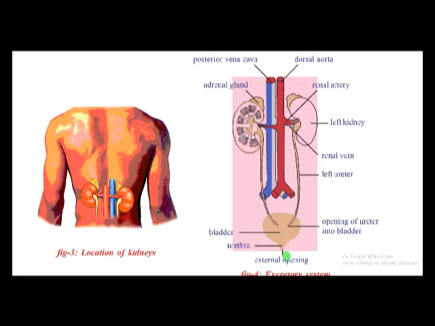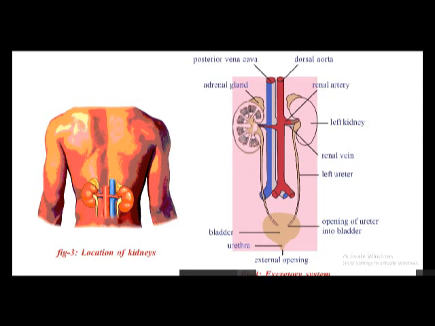Sometimes if our kidneys get damaged, that condition is called ESRD, that means end stage renal disease. This is also called uremia. Kidneys get damaged due to many reasons. Sometimes the kidney is completely damaged, that is called irreversible damage, and that condition is called uremia. In that condition, the patients are suggested to take dialysis. We will discuss dialysis next.